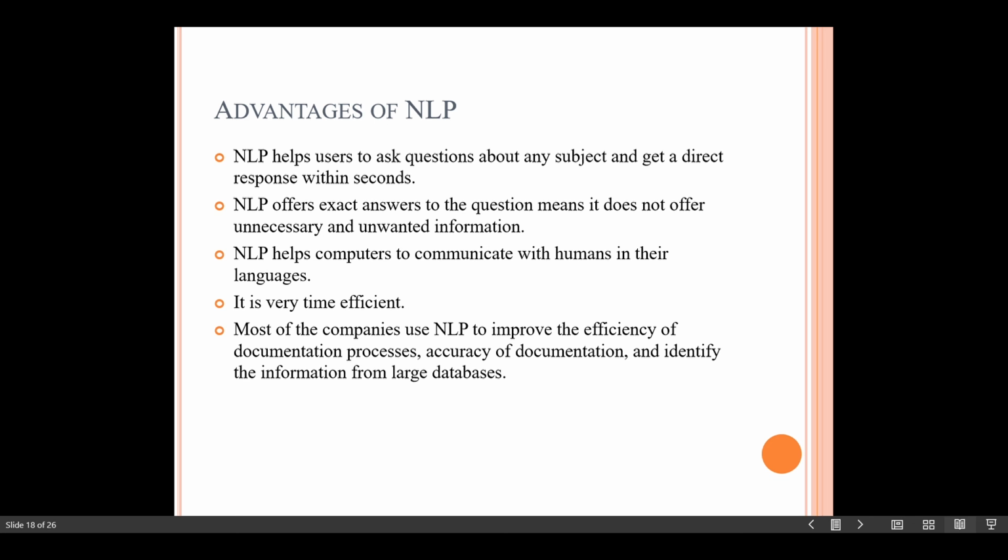Another advantage is that it is very time efficient, and it helps humans communicate with computers in their own languages so that humans can understand. These are the advantages of natural language processing. Also, most companies use natural language processing to improve the efficiency of the documentation process.